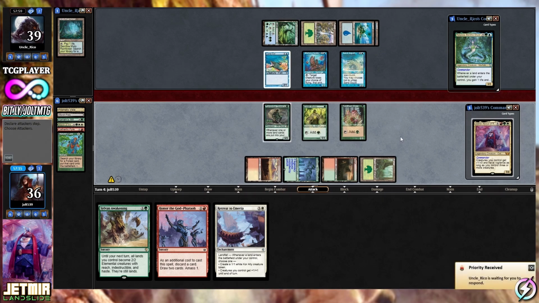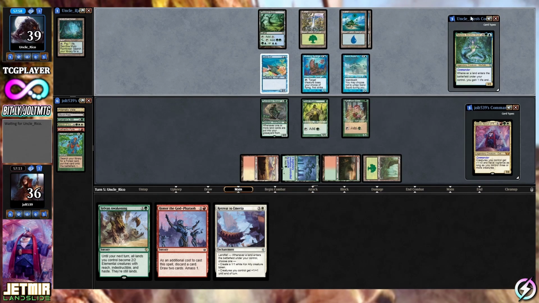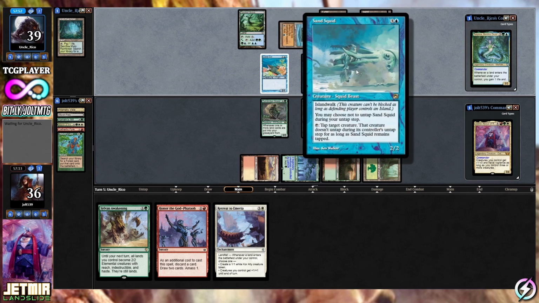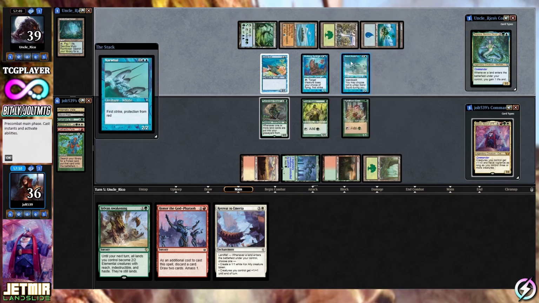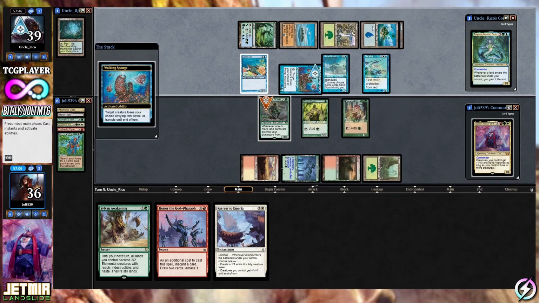The Tatyova Aquarium is spilled over, and they are angry and attacking the people at the zoo. So we'll see what's going on. We know what's in Jetmir, but let's take a look. So we've got Sand Squid, Island Walk. You may choose not to untap it. Tap target creature. Doesn't untap for as long as you control Sand Squid. Boy, this is some deep cuts over here. All right, target creature loses...